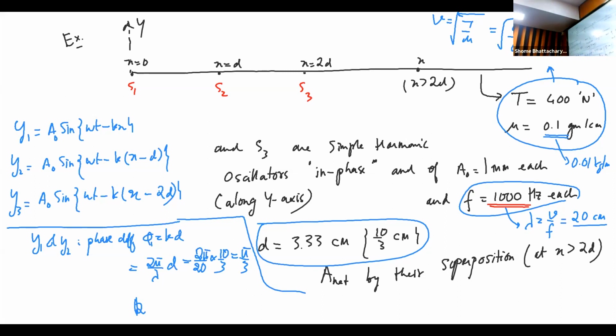Yeah, you're correct. If it had been in millimeters, then we would have got a much smaller phase difference of pi by 30. Aman, that's correct. So make sure that you incorporate this correction also in the value of the question. This is in centimeters instead of millimeters, and the frequency is 1000 hertz. So having done that, you should be getting this phase difference. And likewise, you'll also get the phase difference between y1 and y3, those two waves, if you see.